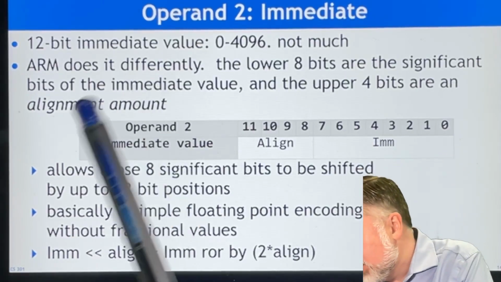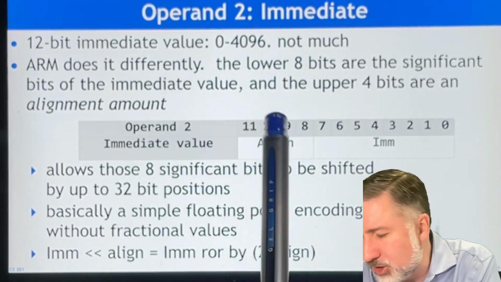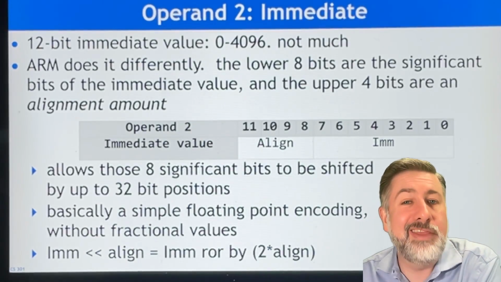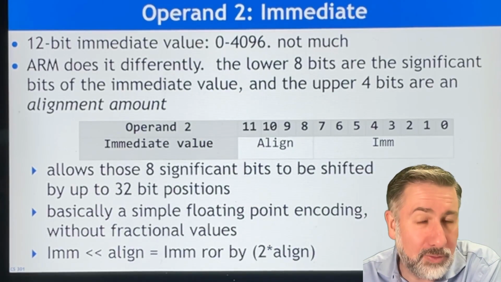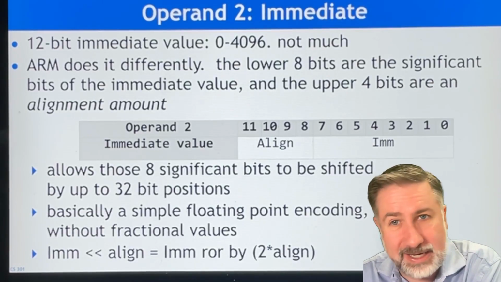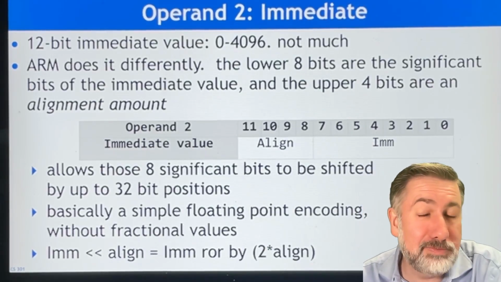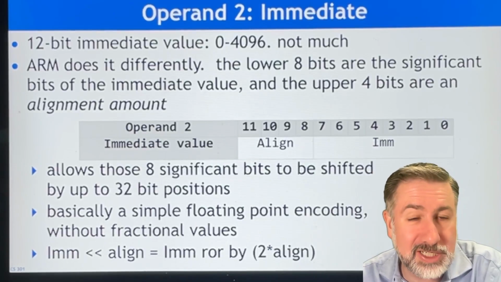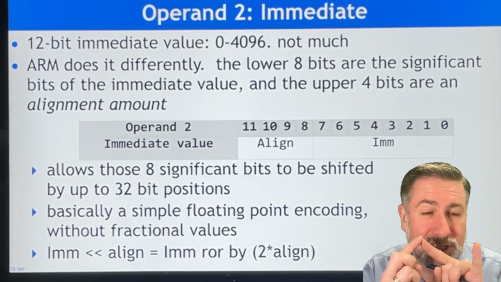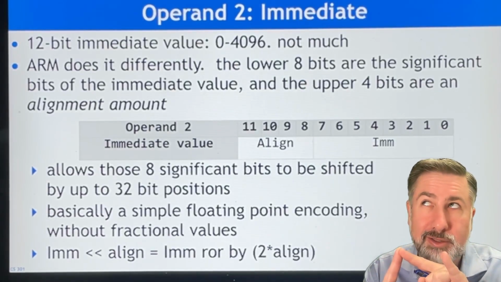So you say, so 0 to 4,000-ish is not enough, right? And ARM is going to say you're going to actually store the data value in 8 bits, and then you're going to shift those 8 bits around in a 32-bit number, and that's how you're going to make other immediate values. Okay, so you're going to take these 8 bits and you're going to shift them around. It's essentially a simple floating point representation, right? Because instead of saying those 8 bits start at 2 to the 0 to 2 to the 7, you can say those 8 bits start at 2 to the 6 to 2 to the